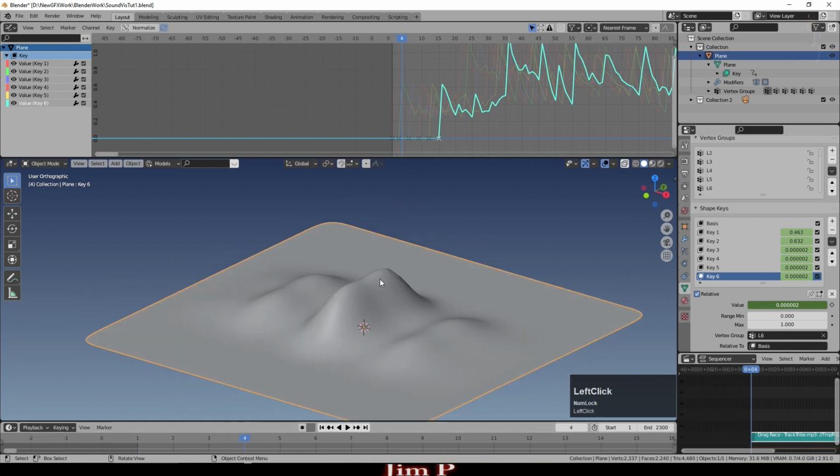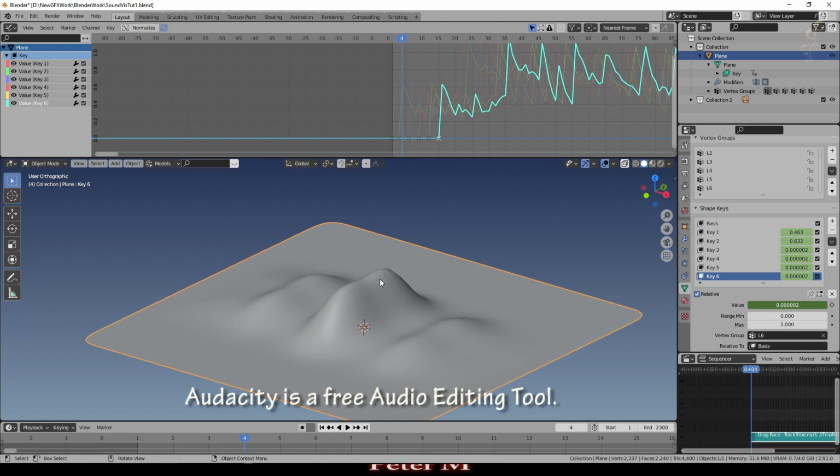Now, if you wanted something that showed more frequency domain, unfortunately Blender doesn't have any tools inbuilt yet to do that. So if you wanted a sort of chart that showed the bass sounds in one area and the high frequency sounds in another, or you wanted different objects to respond to different frequencies of sound, as in a sound to light, what you need to do is use something like Audacity and run it through a filter with, for example, a low pass filter on it.